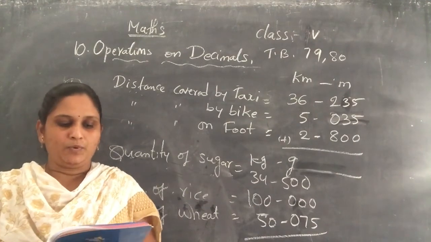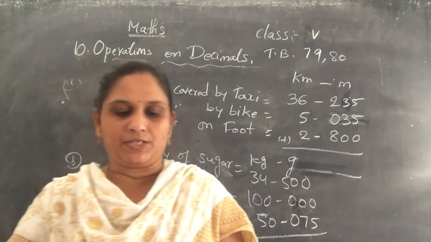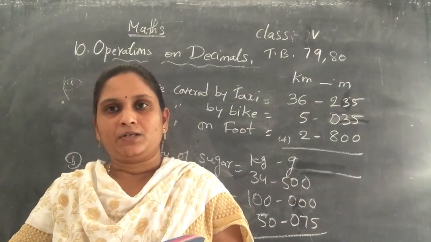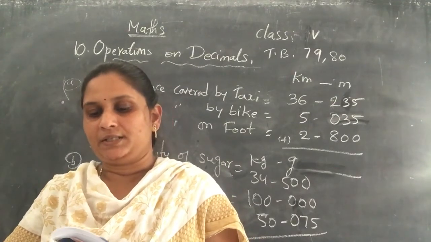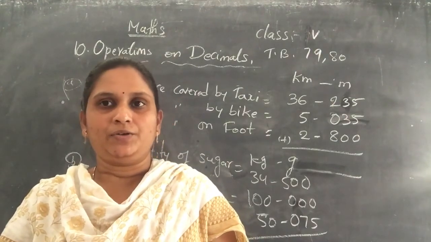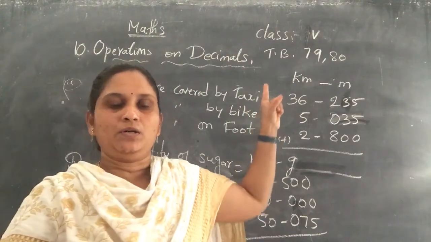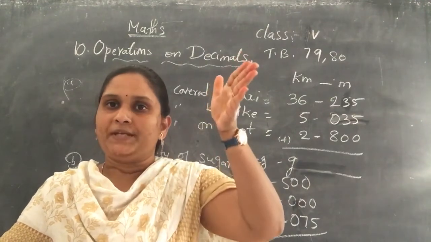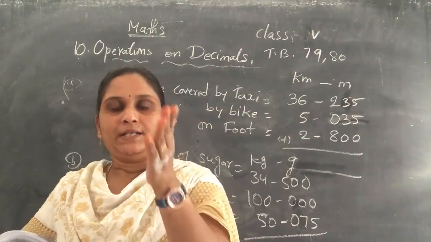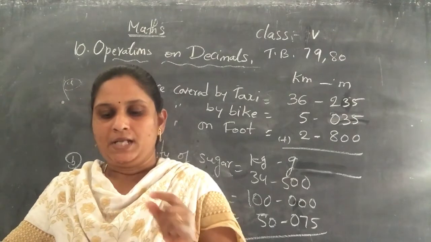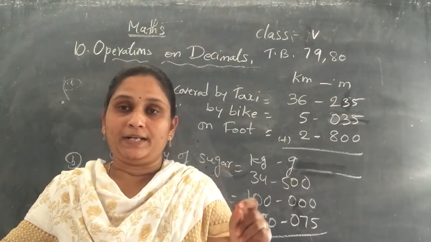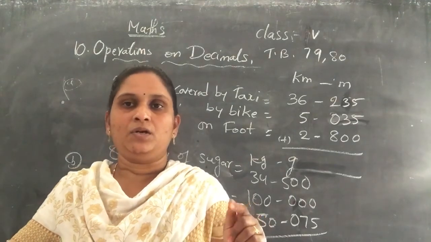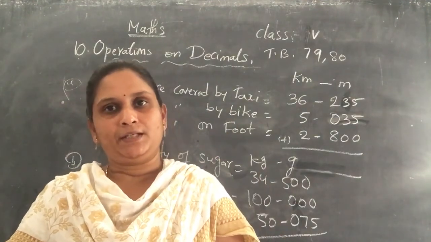And next, Anu bought 2 meters 15 centimeters of cloth for a shirt and 3 meters 25 centimeters. This is also the same, children. The length of the cloth for the shirt, the skirt, the dress, you have to write in order, and the headings, meters and centimeters, you have to write. All the values in meters go in the meters column, and centimeters in the centimeters column. And here we have to find the total length she bought. So add the 3 and you will get the total length.